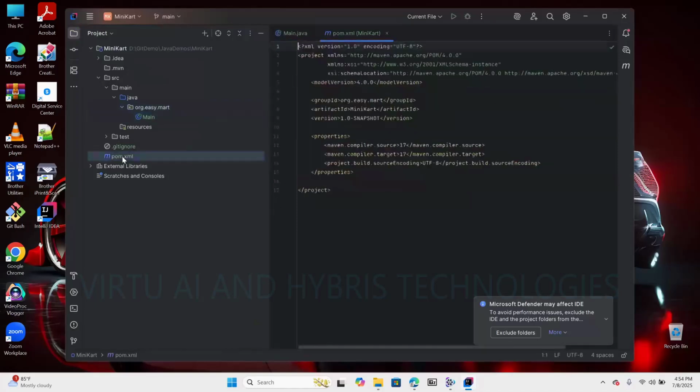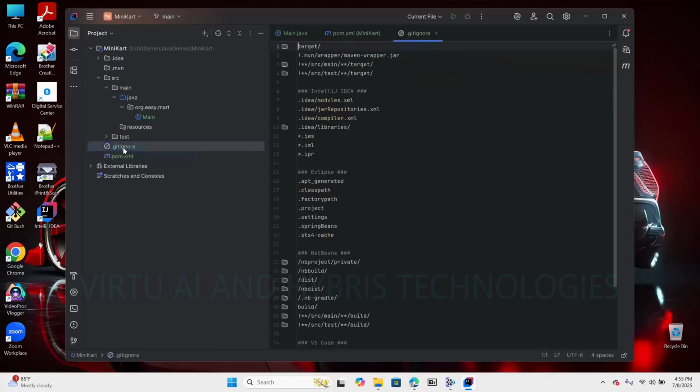And here we can see the pom.xml file where we register dependencies, which will download libraries from the central repository and configure the project accordingly, providing features which will be helpful in developing applications, like Spring Security, etc. Here is the gitignore file, which contains some properties, some file formats that you want to ignore while uploading the project into the Git repository. So whatever formats we mention here, files of those formats will be ignored while uploading the project